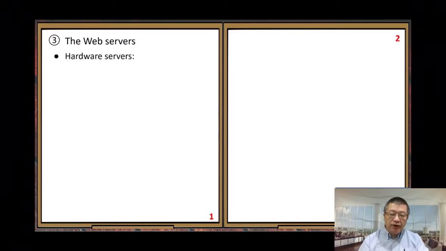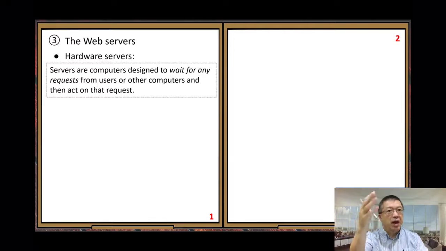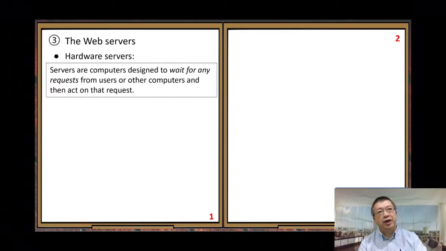All right, first, let's look at the hardware. Because when we talk about web servers, there are two meanings. The first one, hardware meaning, and the second one, software meaning. So from the hardware, we can see basically, computers used as servers, right? So here,